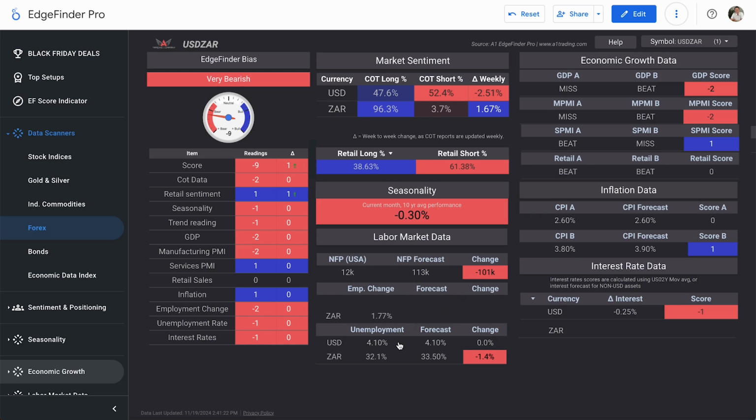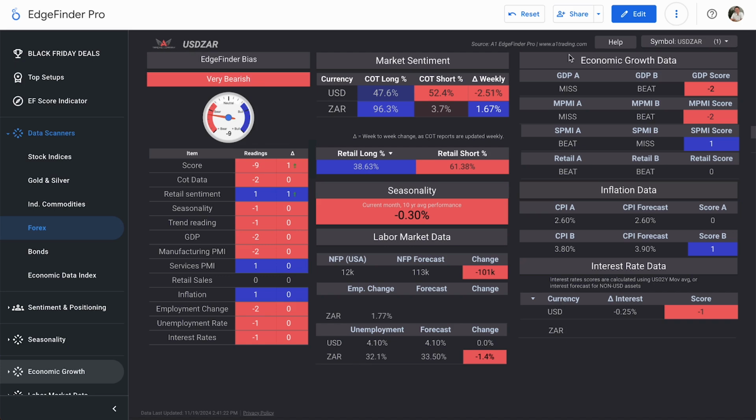Lastly, our unemployment change in the US was forecasted at 4.1%, and it did in fact come out at 4.1%. In South Africa, however, it was forecasted at 33.5%. It came out a little bit lower, down to 32.1%. So there we go. There is all of the data and numbers backing up that very bearish bias -9 score